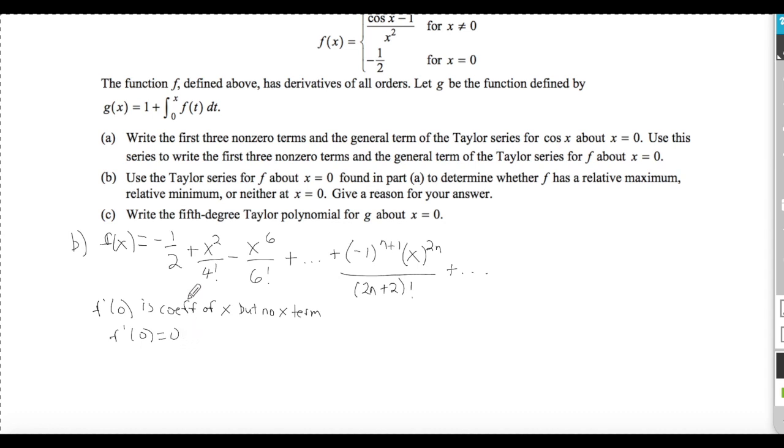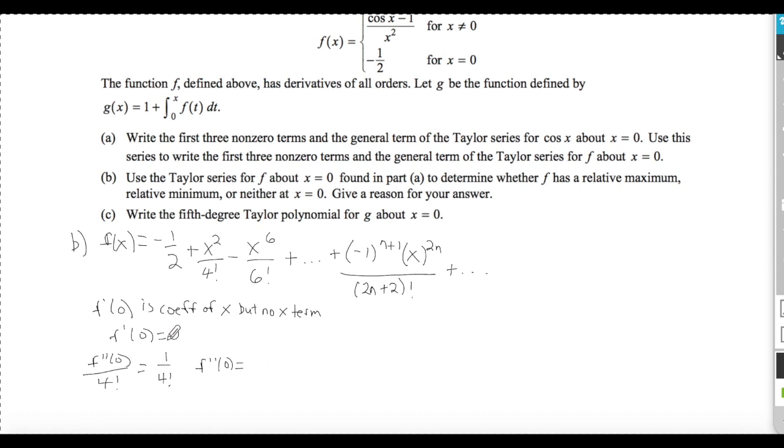Okay, what else do I know? Well, I know in my second derivative related thing, I know that this coefficient, 1 over 4 factorial, is equal to the second derivative of 0 over 4 factorial, which I know is equal to 1 over 4 factorial, right? What do I know about this? It's positive, right? It's positive. So what does this mean? It means f double prime of 0 has to be equal to,